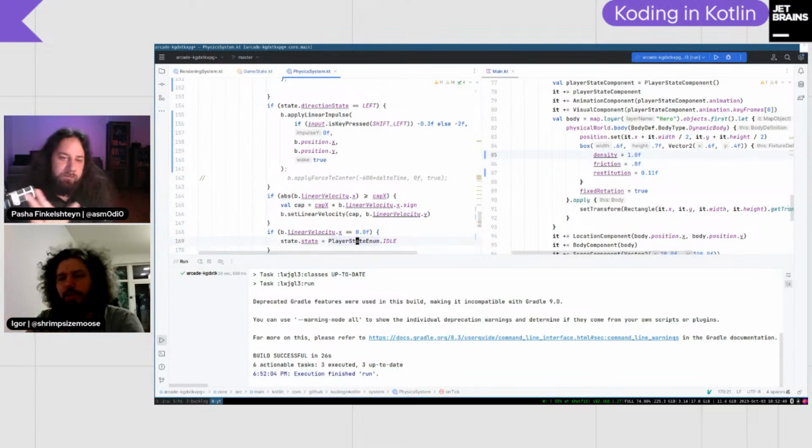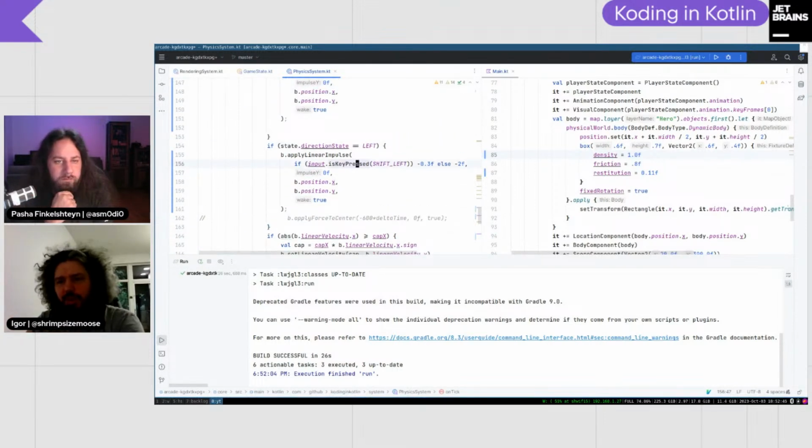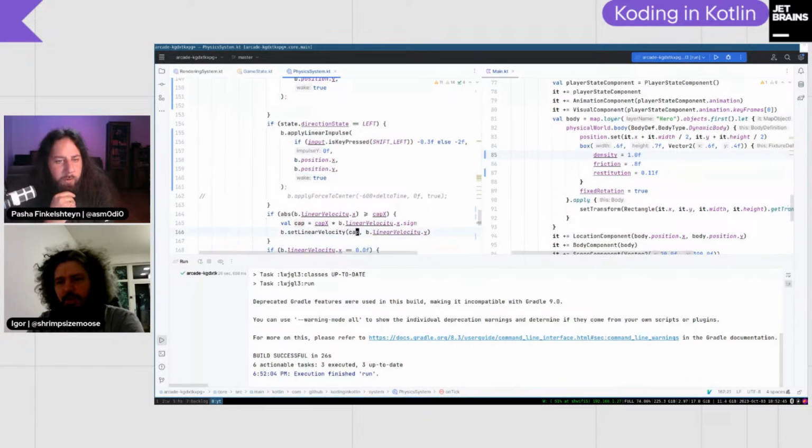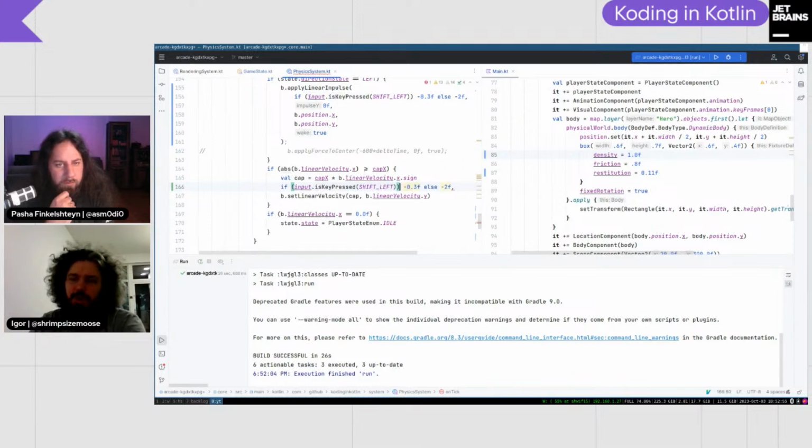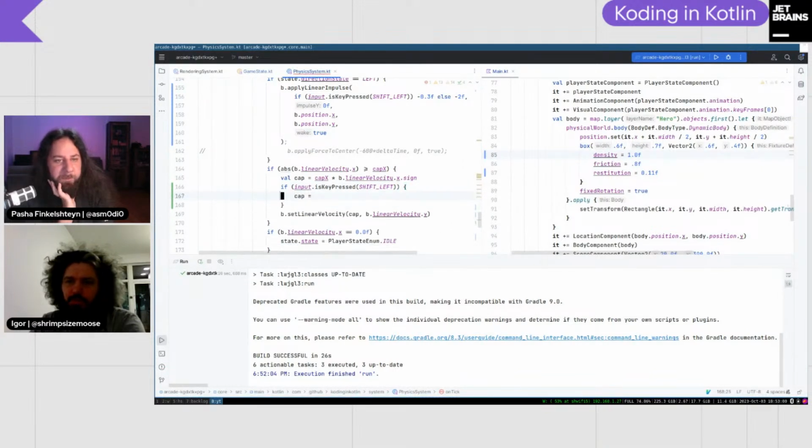So where do you apply these caps? Here. So if the key is pressed like that, then it should be cap divided by 2 or 4. But cap is a value, not a variable.